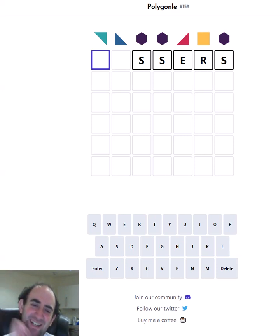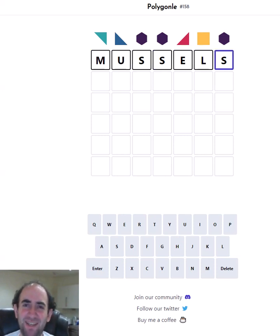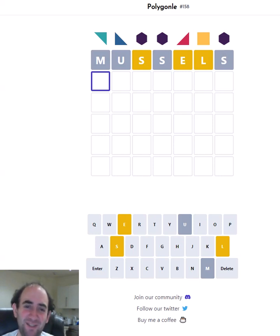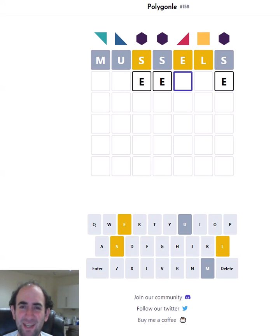Parsers? Or muscles. Let's try muscles, in fact. ELS rather than ERS, because I think this is a more common word than parsers. And it's not even a triple S, so that's that theory down the drain. At least we've managed to get 3 of the letters, so if it's a duplicated E, as I was thinking to start with,